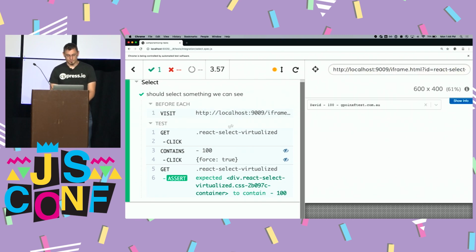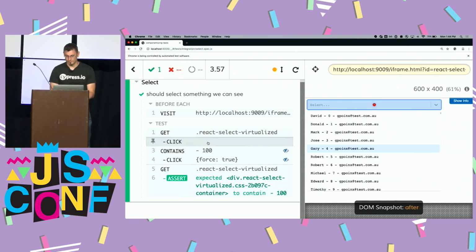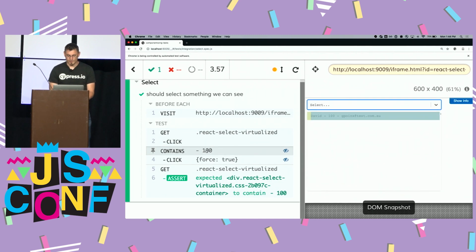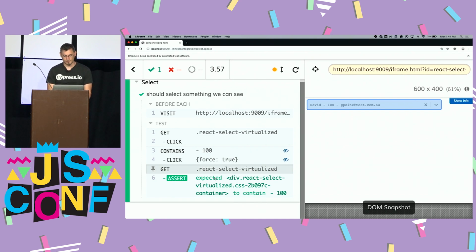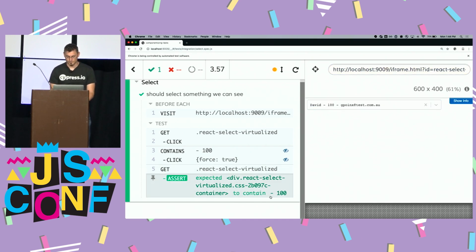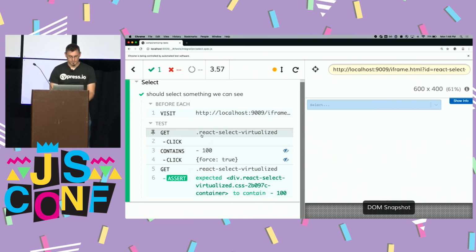But it went through and it did everything that you would expect. It grabbed this item by this selection. It went ahead and clicked on it. Then it found an item that contained 100, it clicked on it, and then it ran an expectation against that to make sure that it contained this dash 100 on there. So